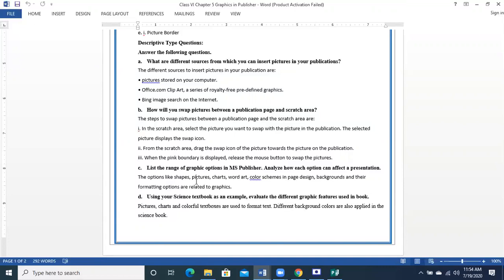Please. Yes. Please raise the hand. What are the different tools which are used to make colors and graphics in your document? Please raise the hand and tell me the answer. Raise the hand. Raising hand option is there in your Zoom. Please raise the hand. Anyone should try whether your answer is correct or not. At least you should try. Okay.